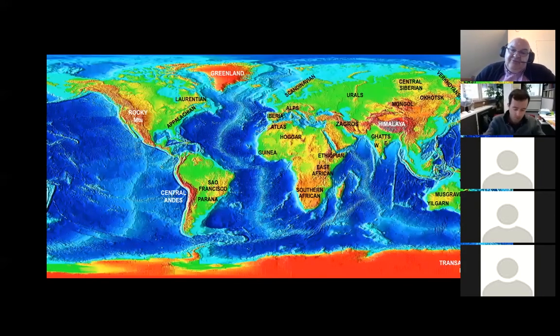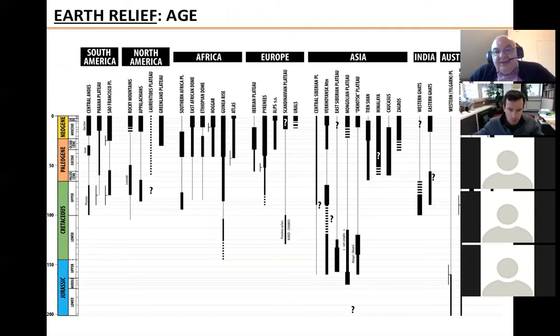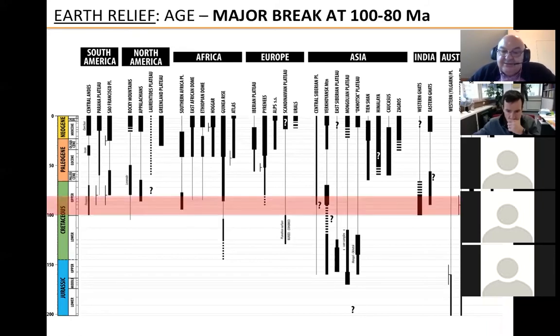So, in the frame of a French research project on relief in France, Cécile and I were compiling the age of growth of all the modern Earth relief, and this is this boring table. So you get Central Andes, Paraná Plateau, São Francisco. So you get all the relief of the Earth, and for example, the Andes, you have the different stages of growth with Peruvian, Incaic, and Quechuan phases. So we did that for all the relief of the Earth, and what is amazing as a result is that